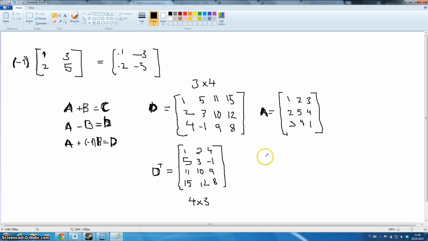This is symmetric because when we make a transpose of